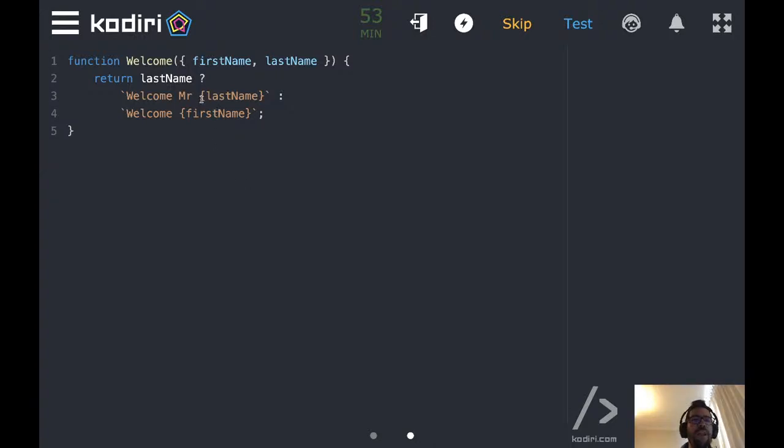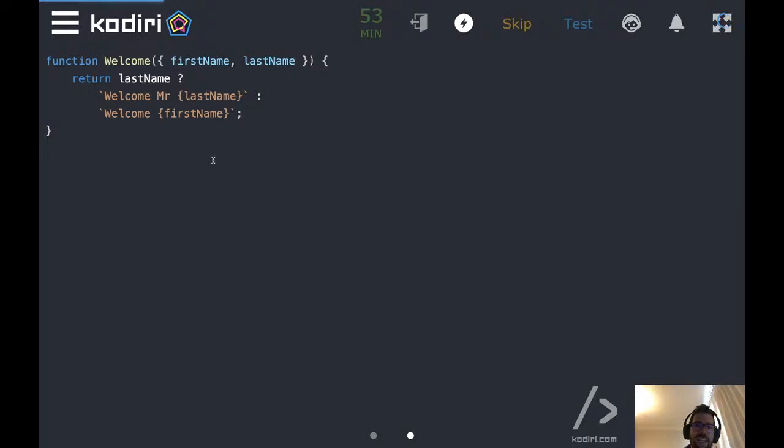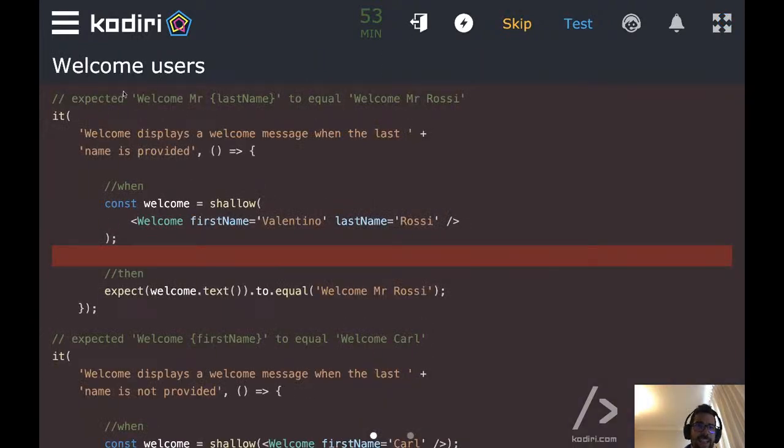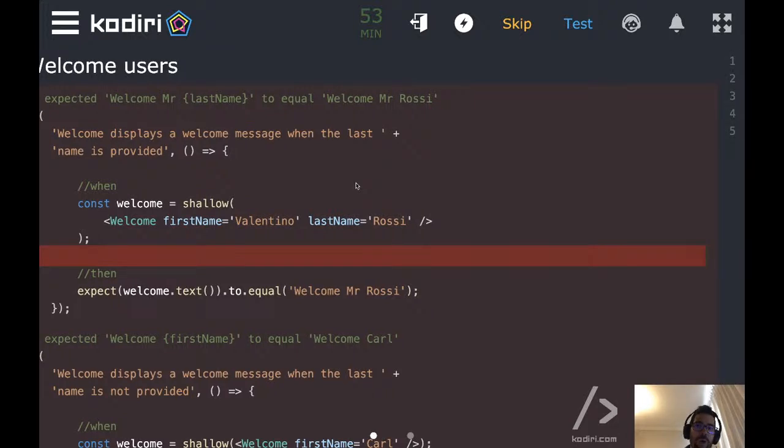What happens if we don't put the $ sign before the opening curly brace? You're right, Lauren. So it's hard coding. Why is it hard coding? Because